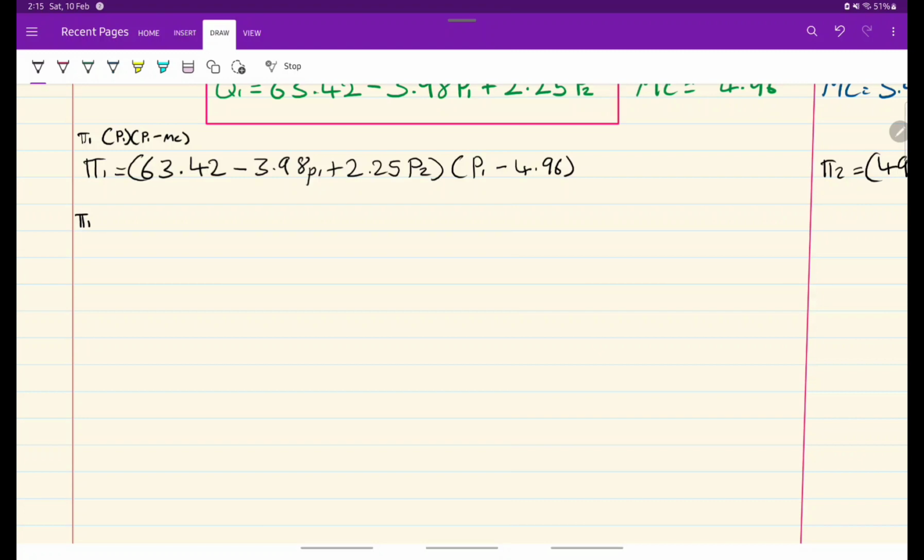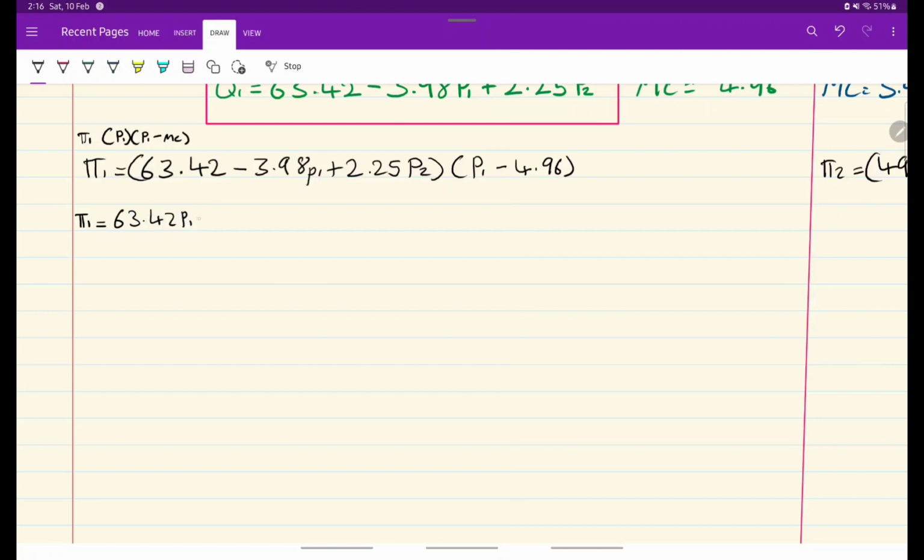Distribute, take the partial derivative or differentiate it, find the slope, set it equal to 0. That is where its profits will be maximized. This slope, well, it will end up being, I think, a parabola. Not sure if it's upward facing or downward facing. Either way, we'll get